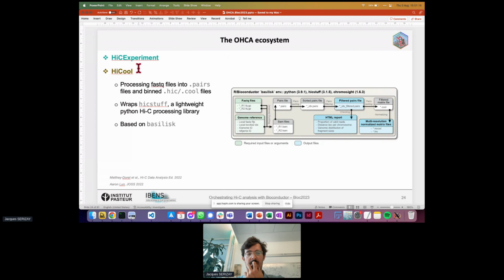This package is based on Basilisk, so it creates a self-managed Conda environment to install the hicstuff